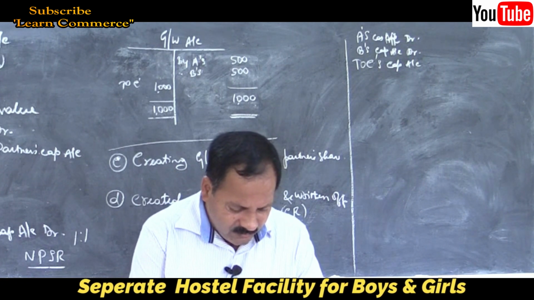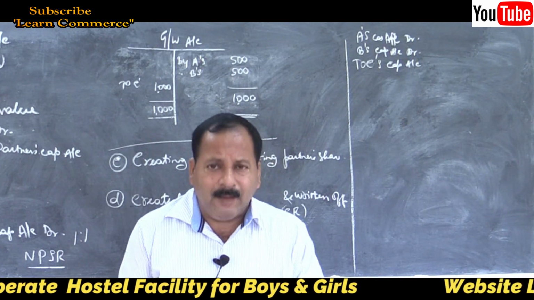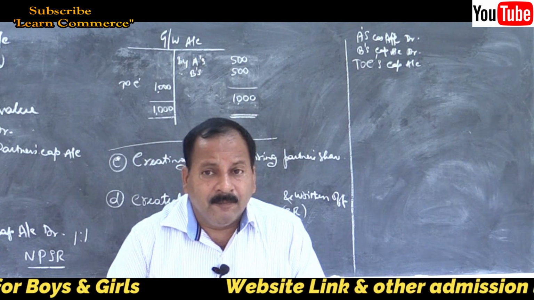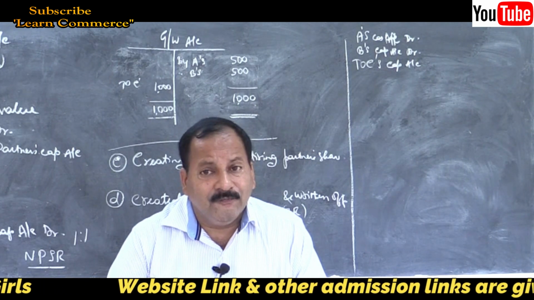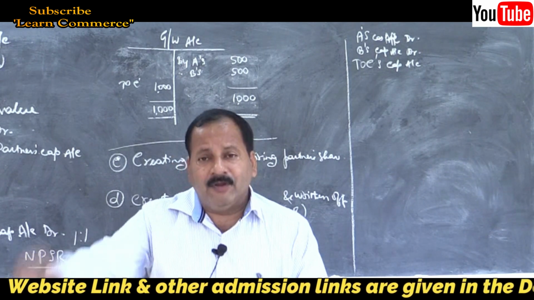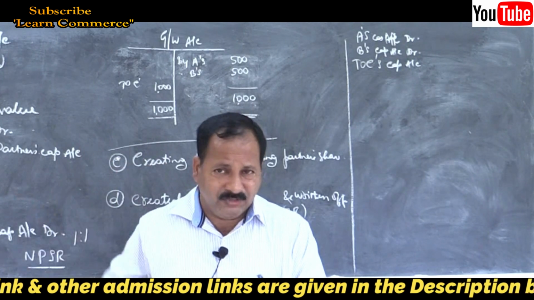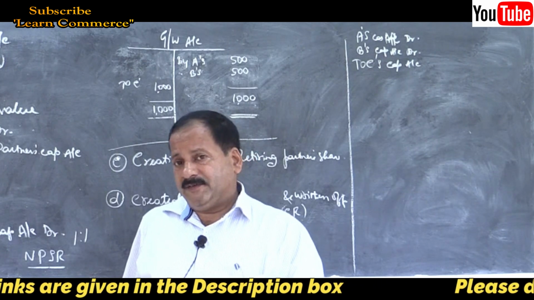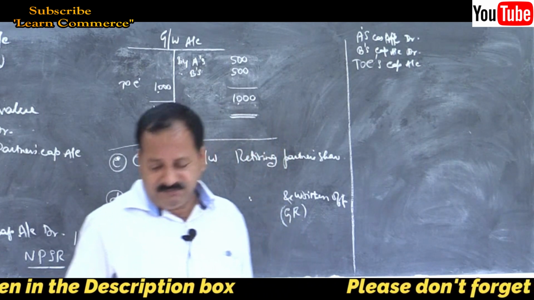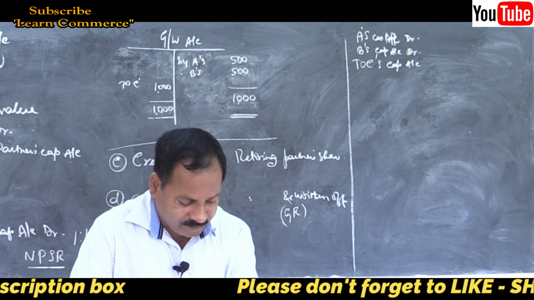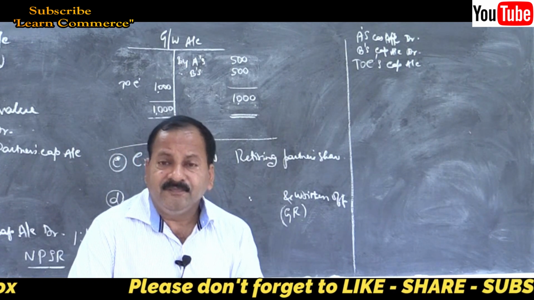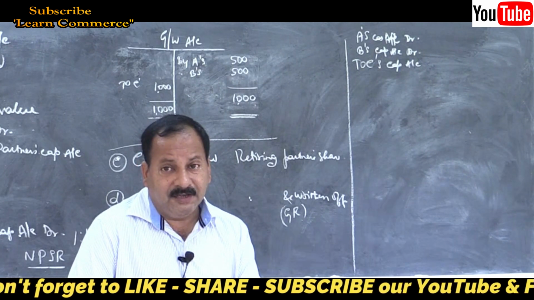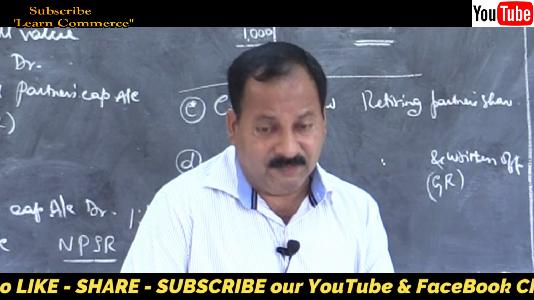Then the remaining part is that a capital adjustment will be there. Capital adjustment depending upon the new ratios of the continuing partners. The total capital of the firm will be given. We have to do the adjustments like we did under admission. We will come to know while solving the problem on that. We will take up some problems on that. Then that's all. This is the accounting procedure under retirement of a partner when 12 marks problems are given.